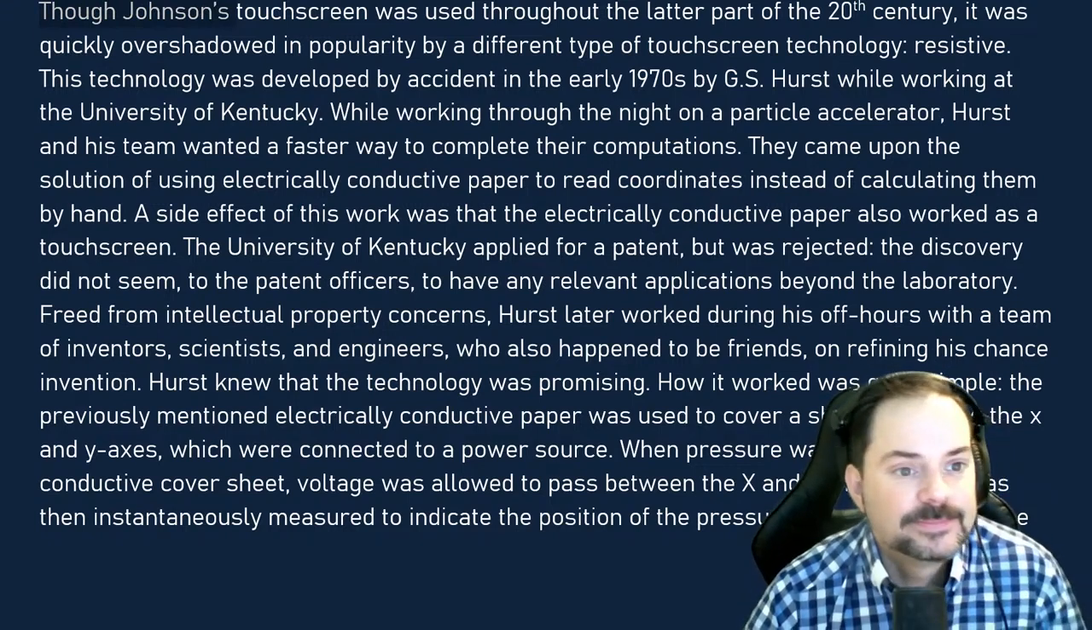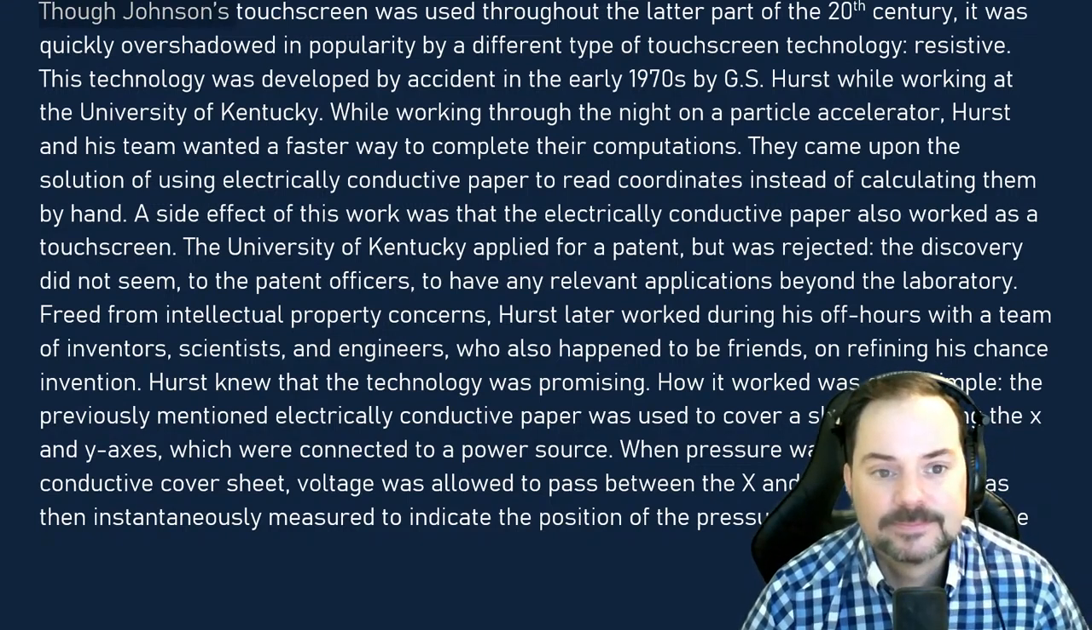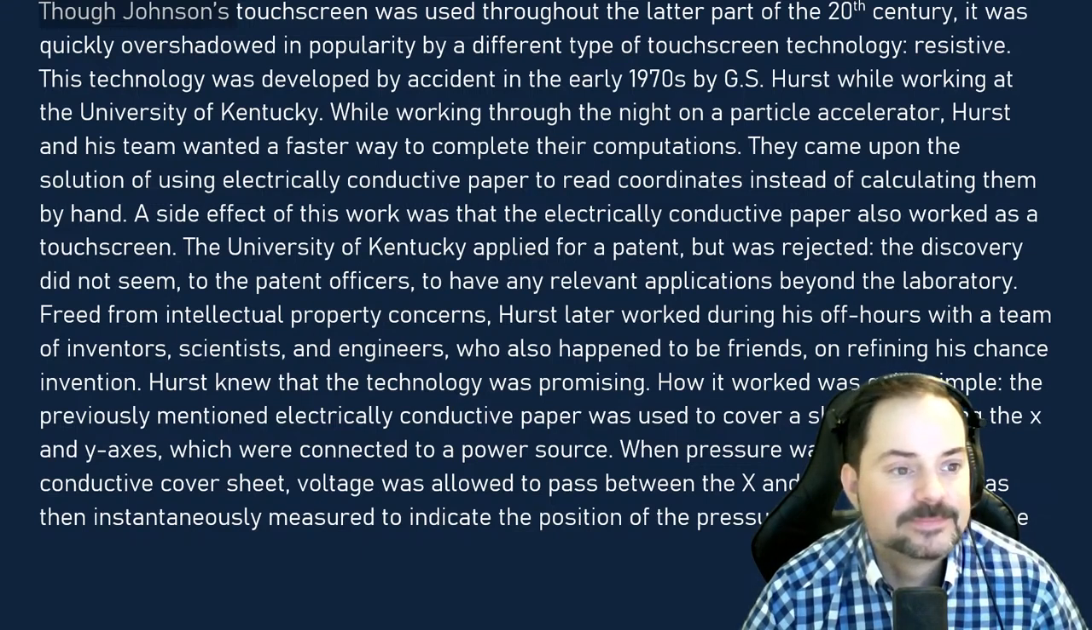Though Johnson touchscreen was used throughout the later part of the 20th century, it was quickly overshadowed in popularity by a different type of touchscreen technology, resistive. This technology was developed by accident in the early 1970s by G.S. Hurst while working at the University of Kentucky. While working through the night on a particle